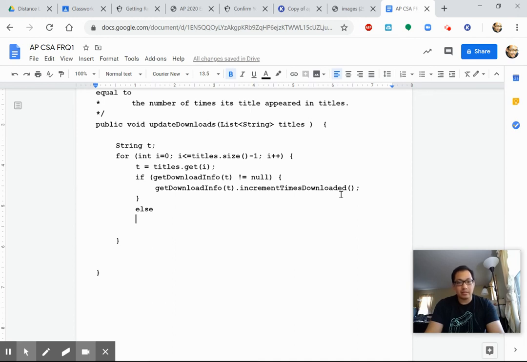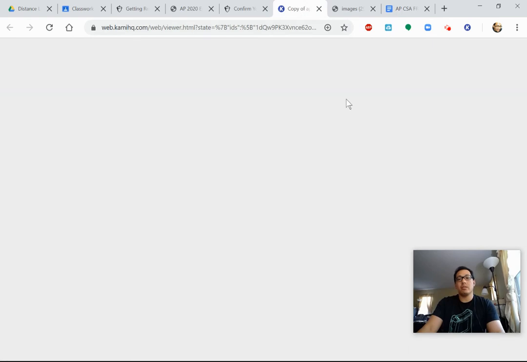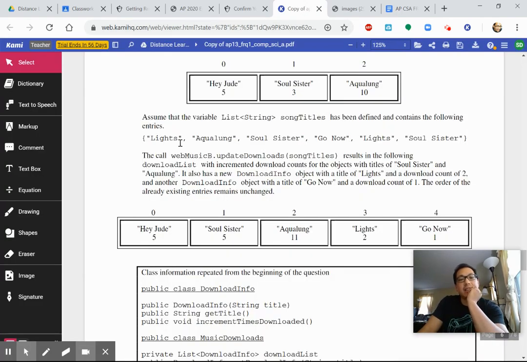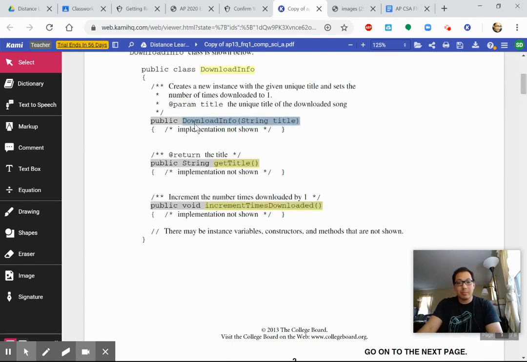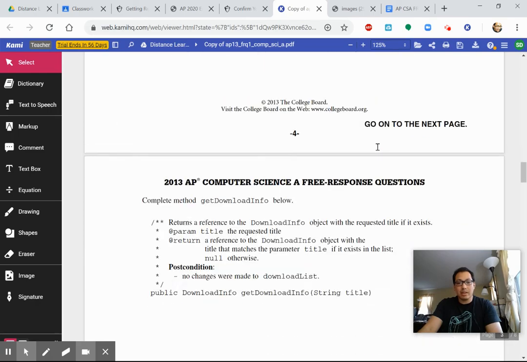Else, we need to add a new download info. This gets tricky, right? Lights wasn't on the list, so I need to add a new download info object to the download list that has this as the title, and there's a constructor for that in the download info object: DownloadInfo(String title). So I need to do